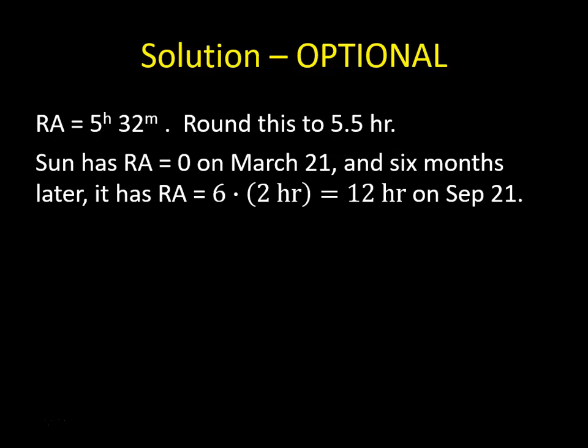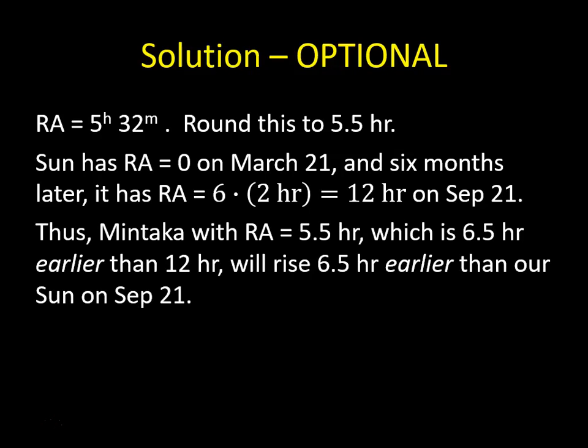Our sun has a right ascension of 0 on March 21st. So, 6 months later, on September 21st, our sun has a right ascension of 12 hours. So, Mintaka's right ascension of 5.5 hours is 6.5 hours before the right ascension of our sun. So, taking daylight saving time into account here, because we are asked about a time, our sun rises at